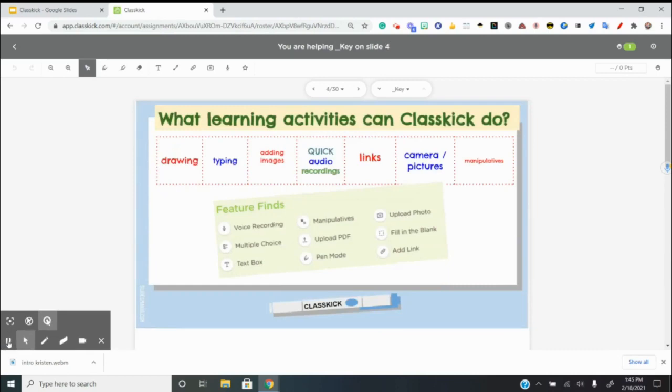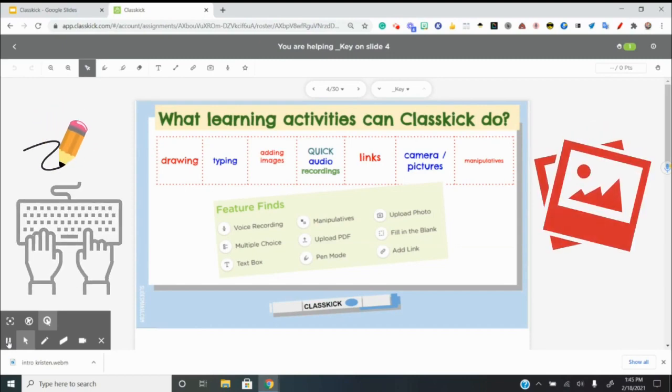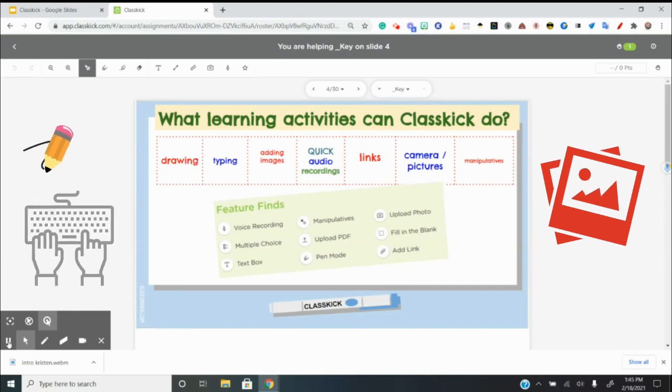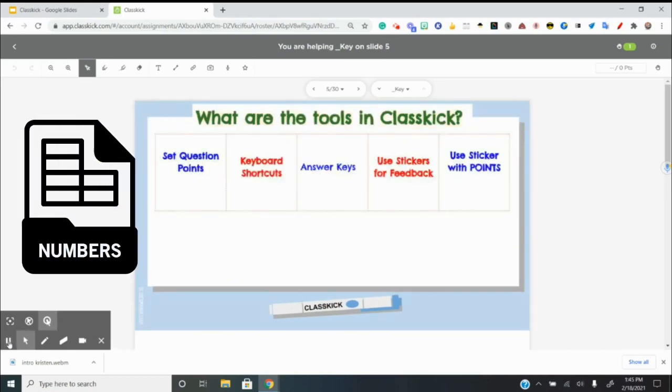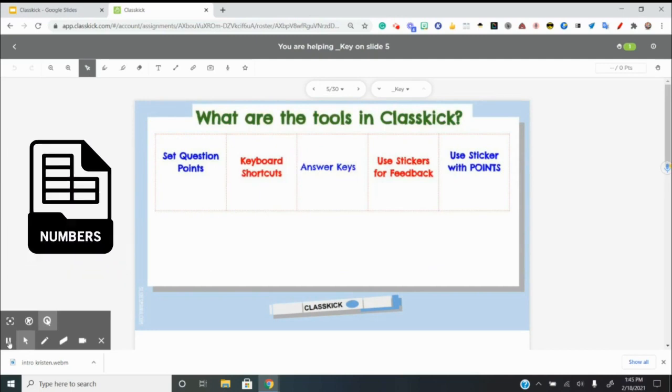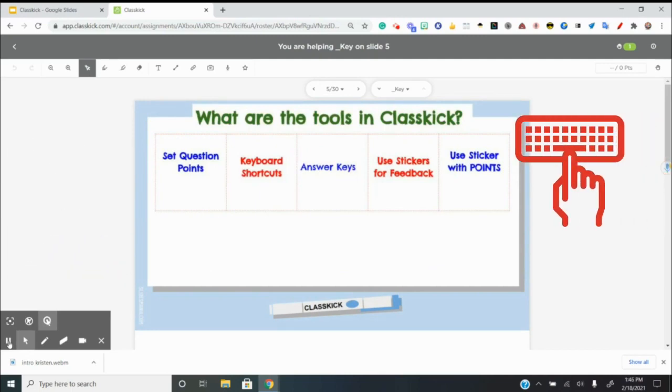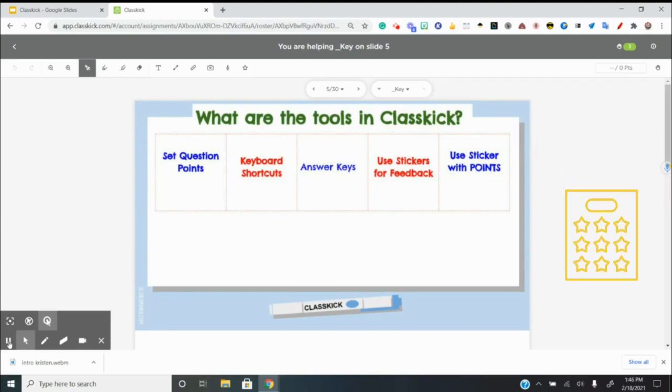Classkick can have many different learning opportunities for the students to partake in. So what are these learning activities? There's drawing and typing and adding images, quick audio recordings for you as the teacher to use, but also for the students to use as well. We can embed links for students to offer more scaffolds. Students can do their work on paper and take a quick picture of their work, and we can even do manipulatives. Classkick lets you set question points to each of your questions. There's keyboard shortcuts, there's answer keys, there's sticker feedback with points as well, which will always be exciting for the